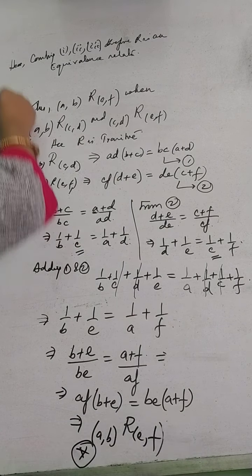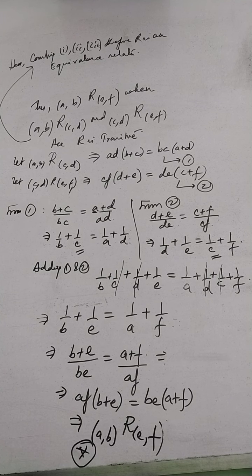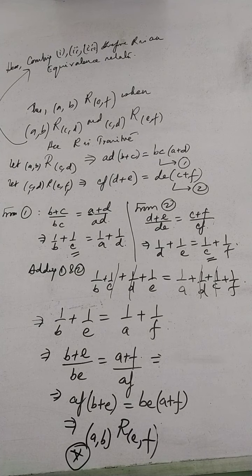And then the final conclusion, that is combining 1 and 2 and 3. Therefore, R is an equivalence relation. Okay, so that's about relations that we have. Next we have, mainly you have to show whether a given relation is an equivalence relation or not. Okay, that is the main thing that you have over here from your syllabus.